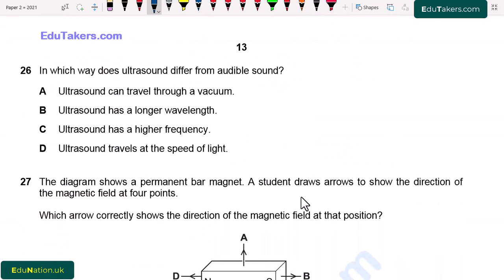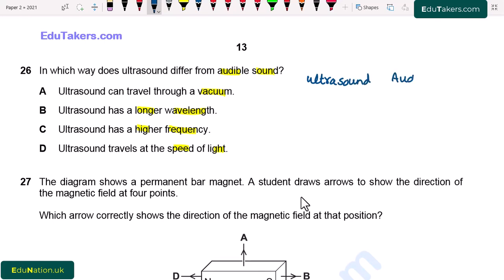Question number 26. In which way does ultrasound differ from audible sound? So here we have to differentiate between ultrasound and audible sound. A, ultrasound can travel through a vacuum. Ultrasound has a longer wavelength. Ultrasound has higher frequency. Ultrasound travels at the speed of light. So from here, ultrasound has higher frequency. I write here ultrasound